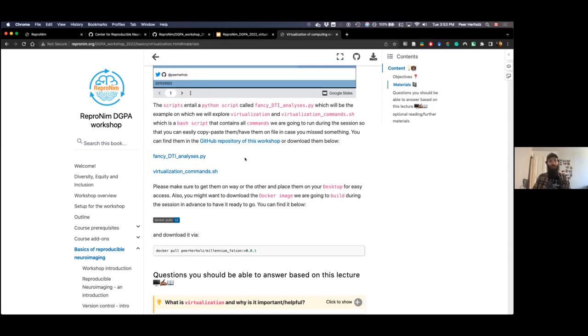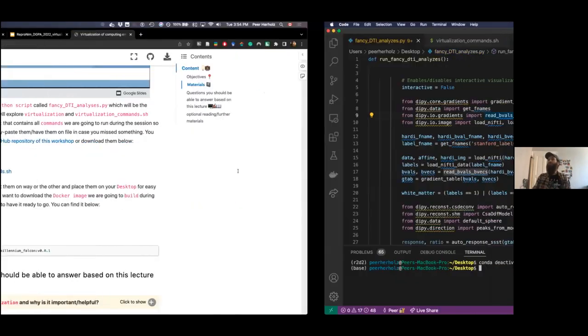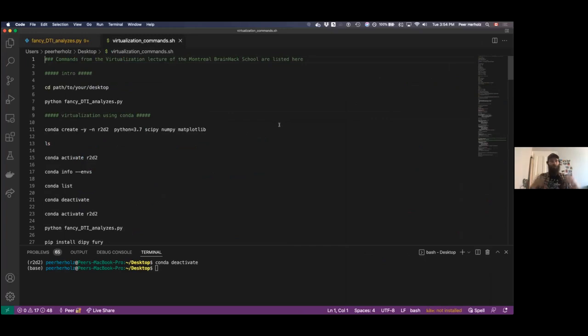And just for a brief explanation before we actually start, this first one here, this .py file, is a Python script that we will be working on as an example, basically. And the second one is .sh, so it's a bash script. This basically contains all the different commands that we're going to do in the session. So if you open them, for example, in Visual Studio Code, the thing we ask you to install just in case,